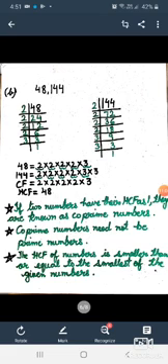Now let us find the common factors. You can see first 2 is coming in both the numbers. Second, again one more 2 is coming. Then again one more 2 is common in this. Then again one more 2. So 2 four times is common in both the numbers. So we will write 2 four times.